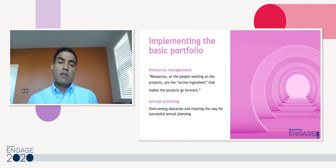Resources, or that's how we refer to the people working on the projects, are the active ingredient that actually makes the projects and portfolios go forward. So it's very important to manage them wisely. What does that mean? It means understanding who is working on what project and where we have a lack